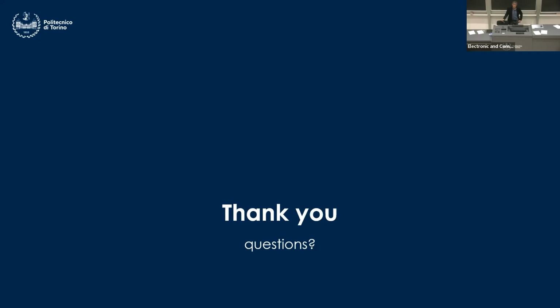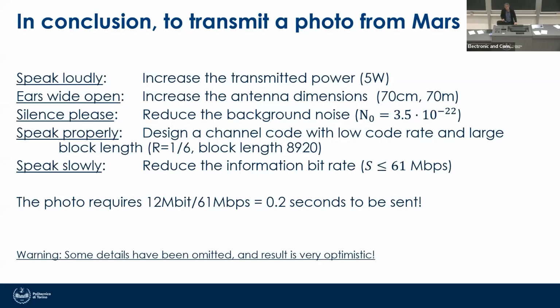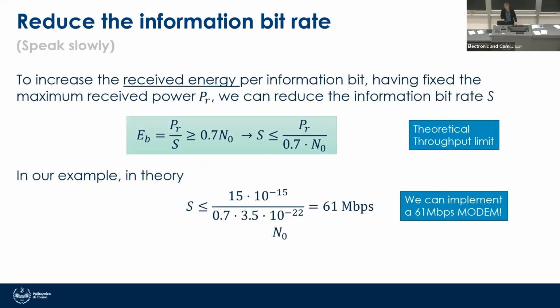My question is, how do you receive signals from other extraterrestrial objects? For example, in this case, we had a transmitter on Mars, which functioned on a certain band, from 8 to 12 gigahertz. But what if we want to receive a signal from another object which transmits on a different band, and we don't know the band? If you don't know, okay, first of all, in my presentation, I totally skipped the problem